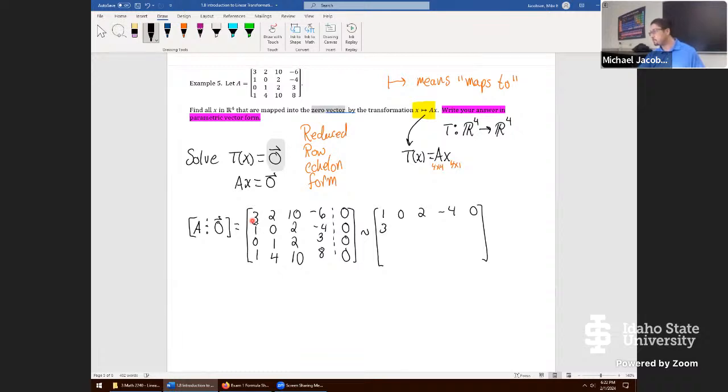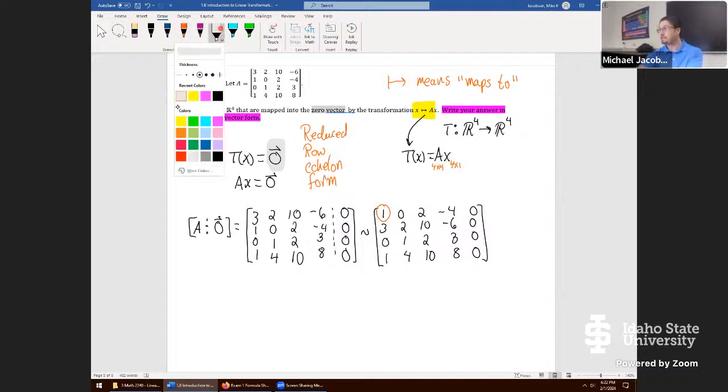So 3, 2, 10, -6, 0. So I swapped just the first 2 rows. For the rest, I'm just going to copy them in as they are. So 0, 1, 2, 3, 0. Then 1, 4, 10, 8, and 0. So there's our rearrangement. First pivot position is here, and we need to eliminate